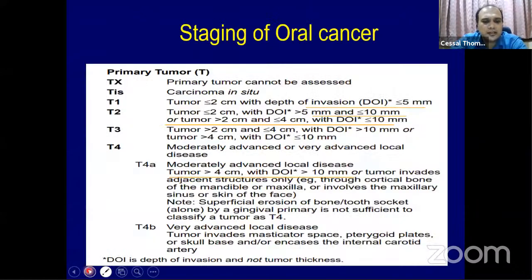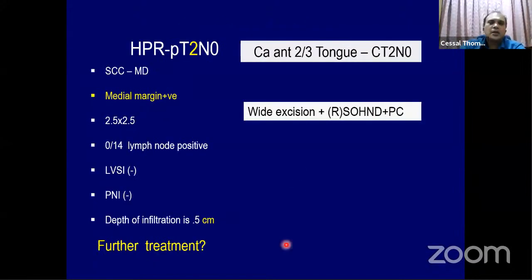So it is a T3 when a T2 disease has a depth of invasion of more than 1 centimeter. That becomes a T3. Or a T2 disease, that is 2 to 4 centimeter, and depth of invasion is more than 1 centimeter, becomes a T3. Or any T3, that is more than 4 centimeter, with the depth of invasion more than 1 centimeter, then it becomes T4A. So in early disease, I will give you another clinical scenario where a patient is